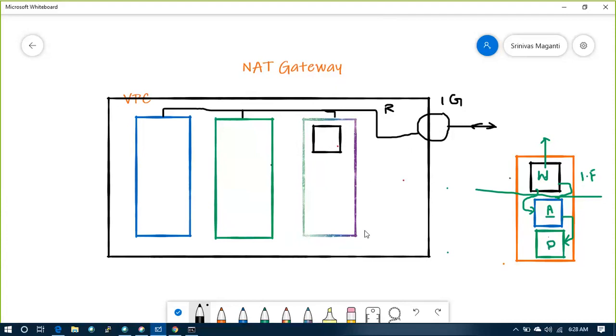One is a management subnet, another is a web subnet, and another is DB. Just for my testing purpose, I'll define it like this. So I'll exclude the application tier. I can put it, but the three-tier application I cannot build in the lab.